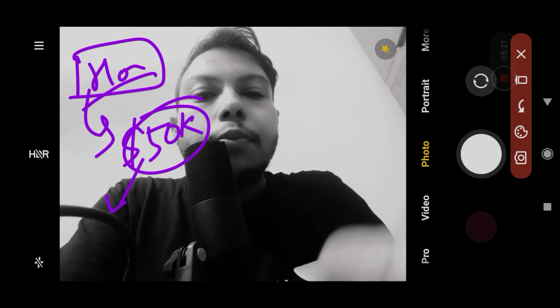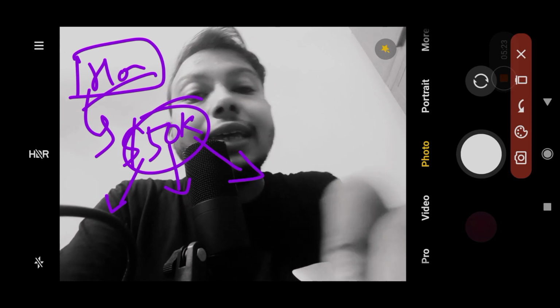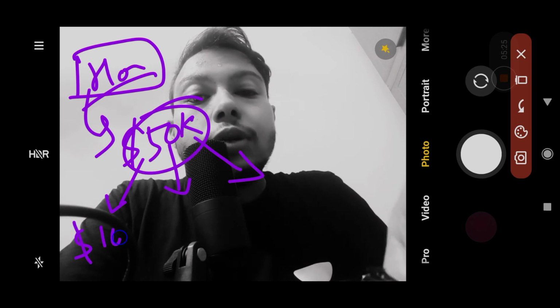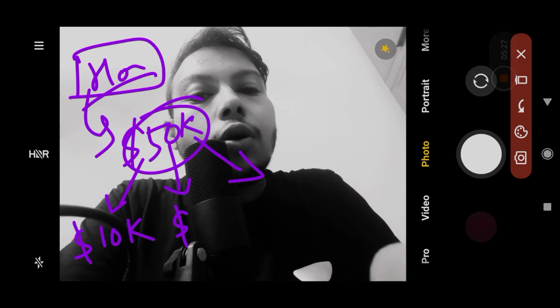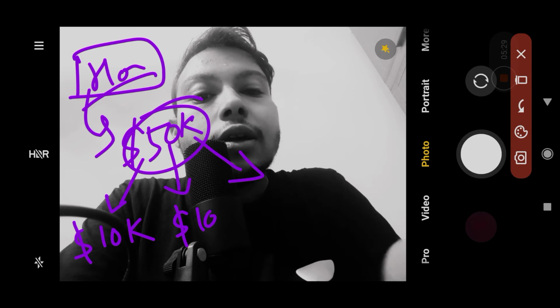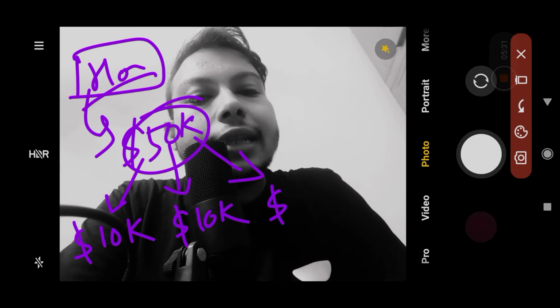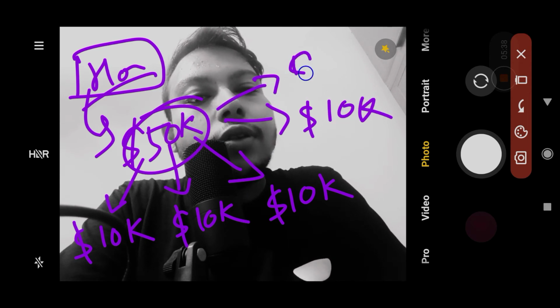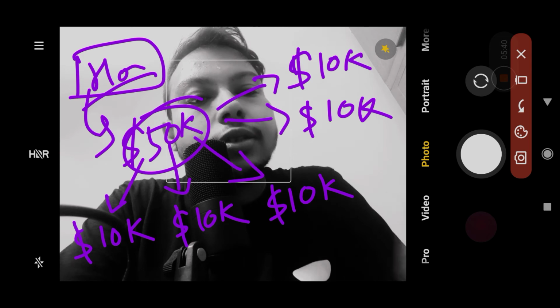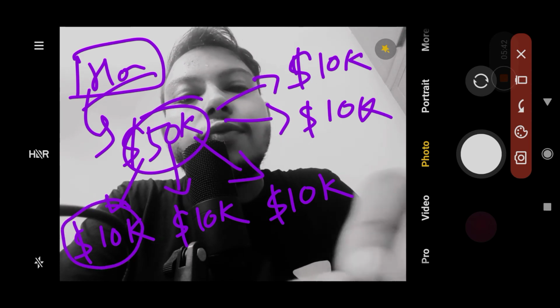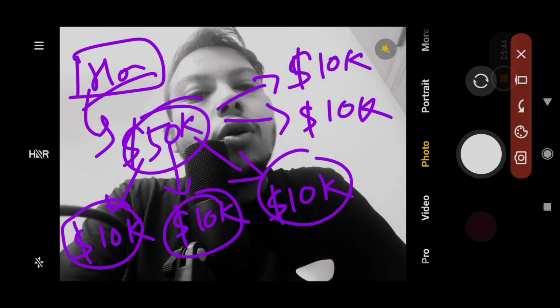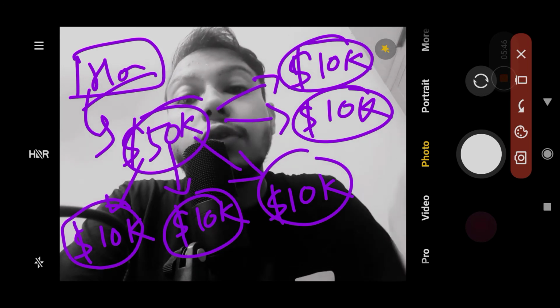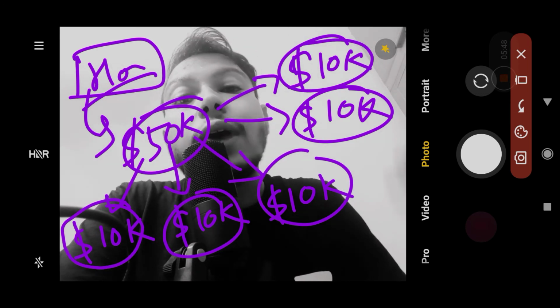We can break down this 50k into 5 parts of 10k each, into 5 different asset-building things. We are going to invest 10k on 5 different streams of income, into 5 different assets.